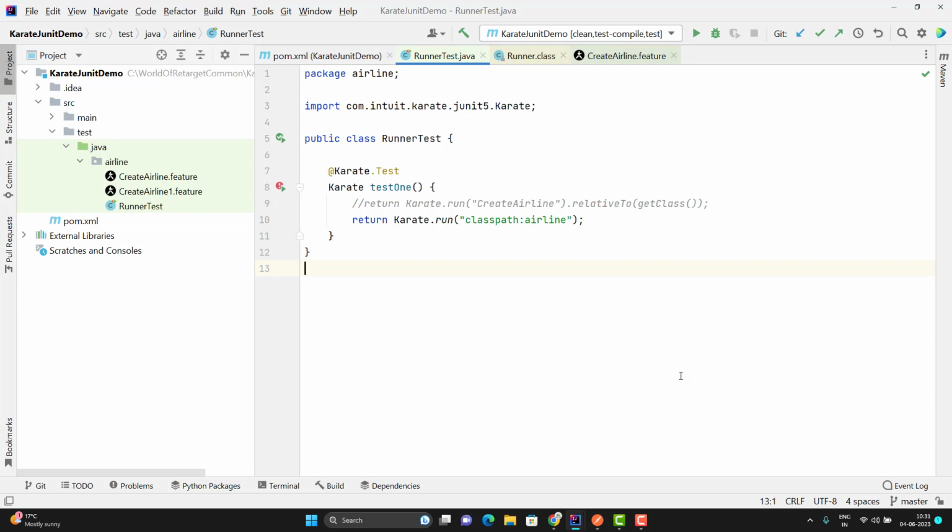There will be a logger file in the project, so there's no need to do anything extra. It will even give you an example file, and the runner file so that you can run the feature files in parallel. So this archetype will give you a basic get-started project of Karate framework, and from there you can start using it for your project. Let's learn how we can use the Karate archetype to create a get-started project in no time.